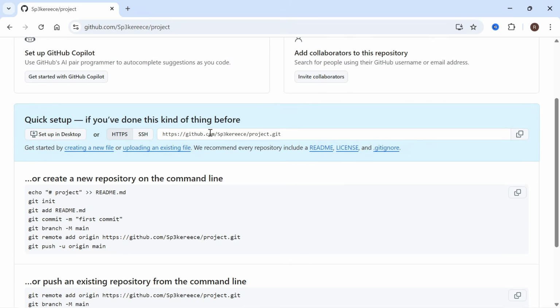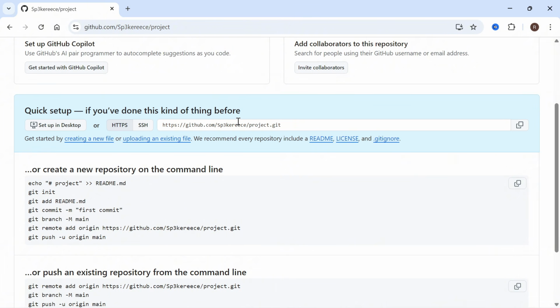So now if you scroll down, what we need here is the URL of our repository. You can see this is the link here, and we just need to click on this copy button. Once you've copied this link, the next thing we need to do is make sure we have Git